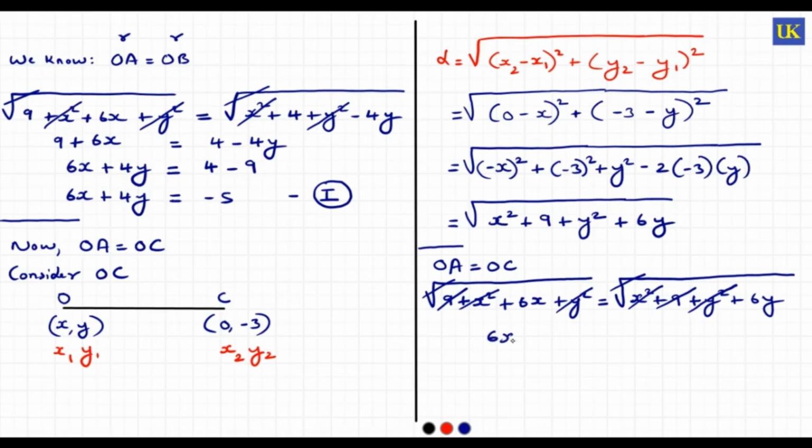So here we are left with plus 6x is equal to 6y. I'll send 6y this side, so plus will become minus: 6x minus 6y, and on the right hand side nothing is there, means 0, and we will take this as Roman number 2, guys,